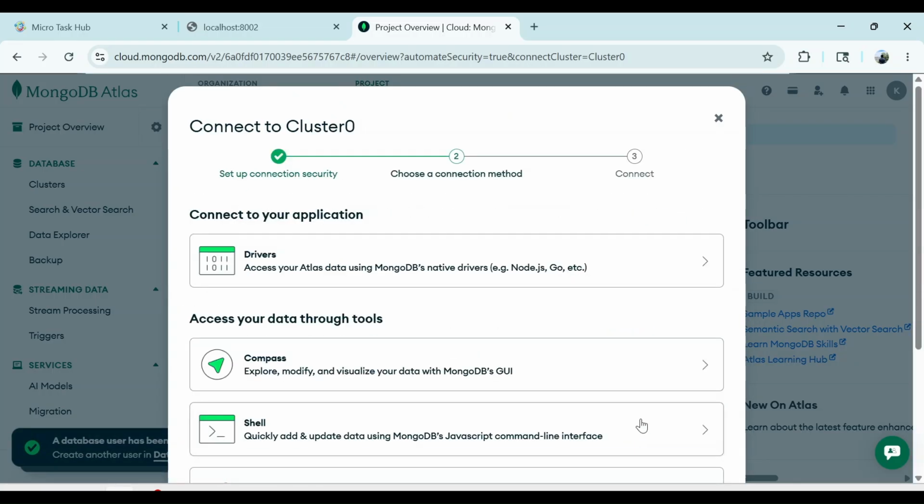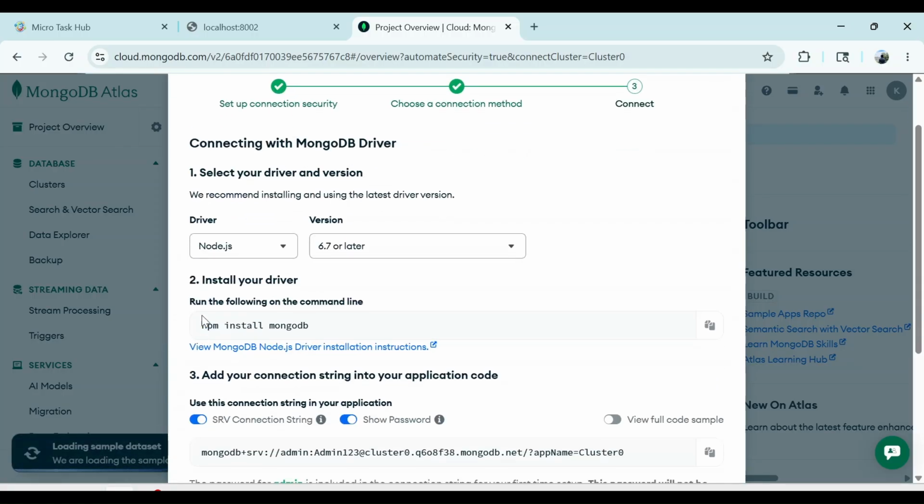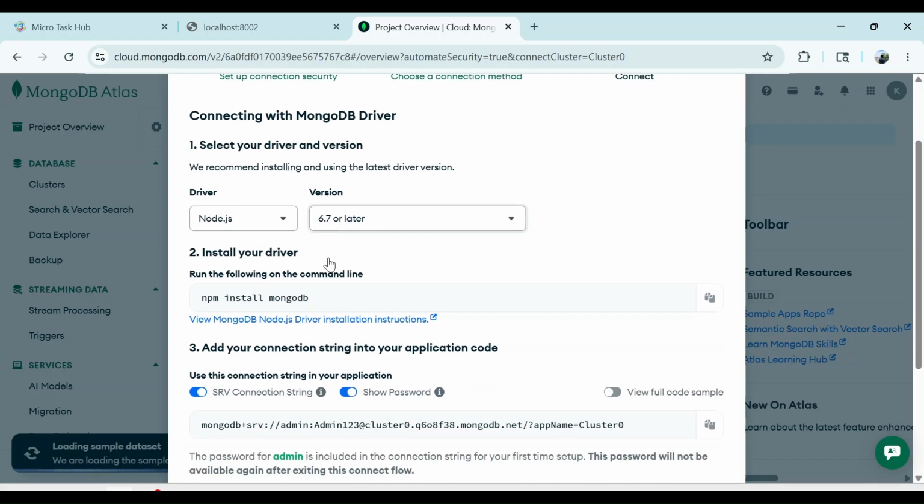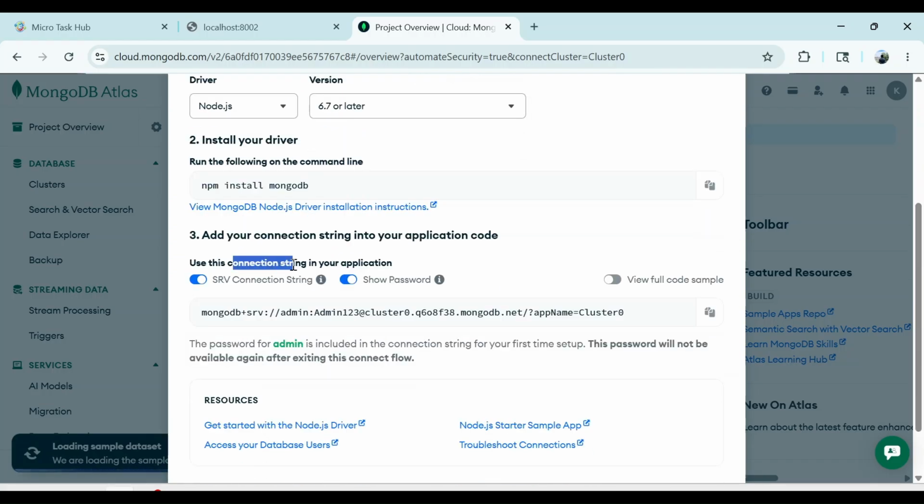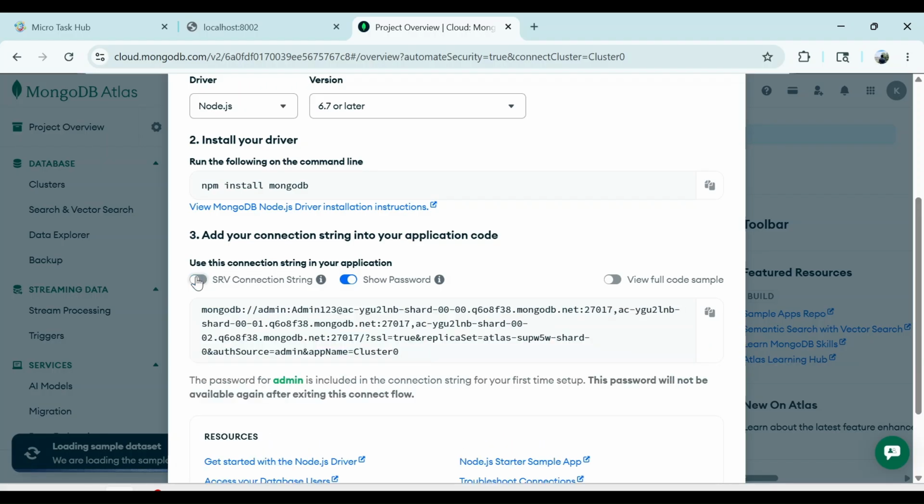Then click on choose connection method and click on drivers. Make sure the driver is Node.js and version 6.7 or later. Then go to the connection string. Sometimes these connection strings may not work. So disable the option SRV connection string. Then it displays a detailed connection string. Copy,